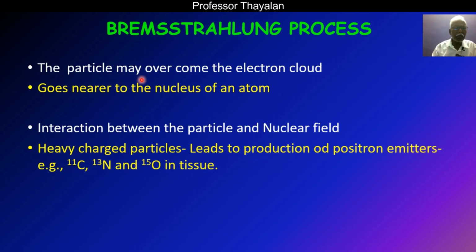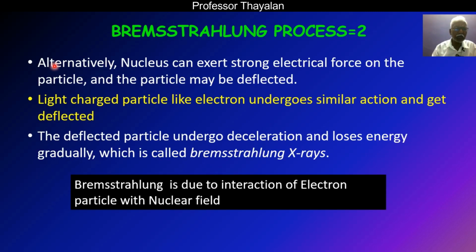Let us see what is the Bremsstrahlung process. The particle may overcome the electron cloud and go nearer to the nucleus of an atom. Interaction takes place between the particle and the nuclear field. Suppose the particle is a heavy charged particle, the interaction leads to production of positron emitters, for example, carbon 11, nitrogen 13 and oxygen 15 in tissue. Suppose the particle is a